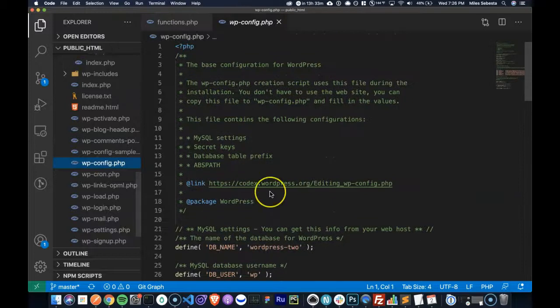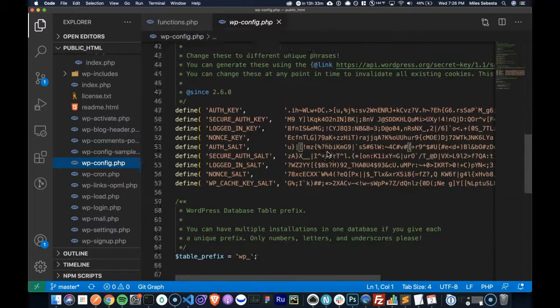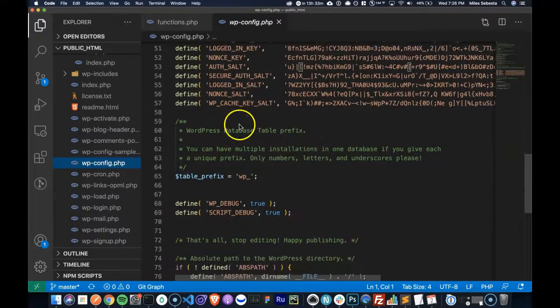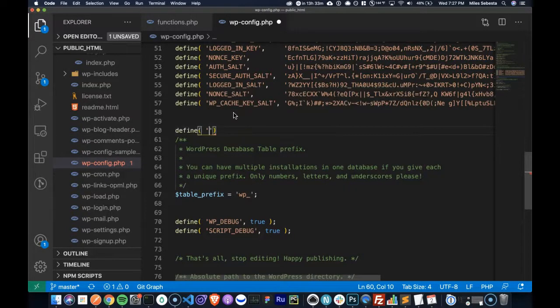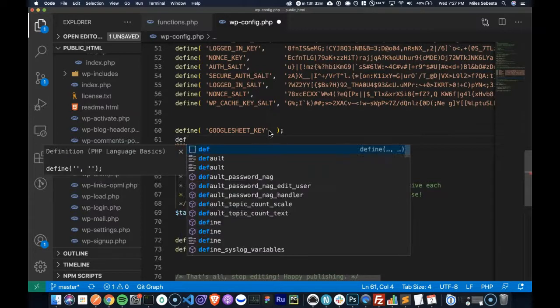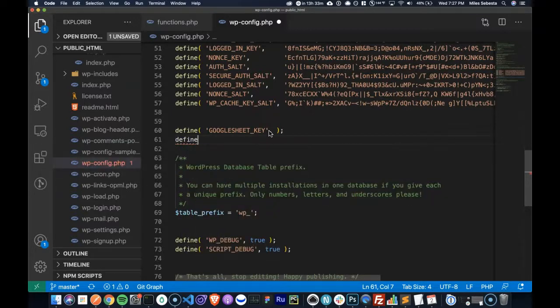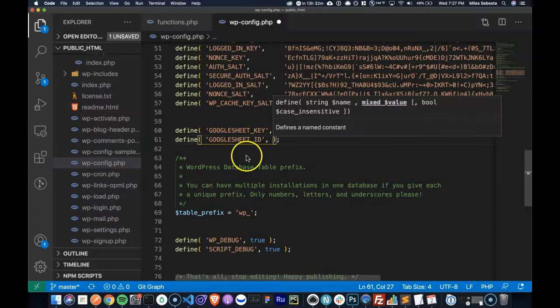So I'm going to go down here into WP config, and somewhere down below, I'm going to define a new definition, and I'm going to say Google Sheet key, and then I'm going to say define Google Sheet ID, something like that. Because to me the name is probably better than the name that I have it.